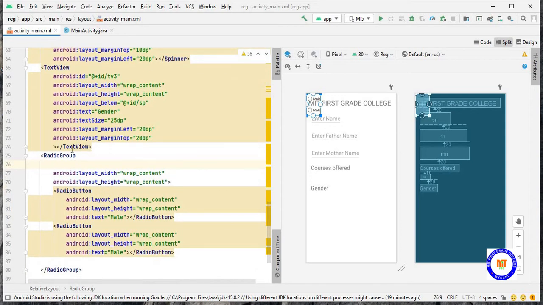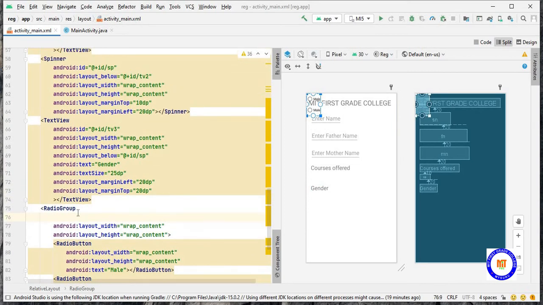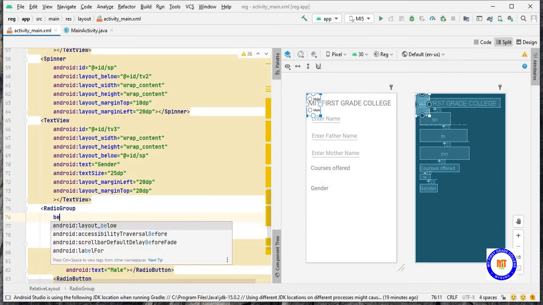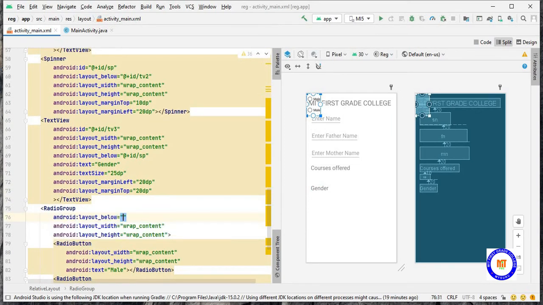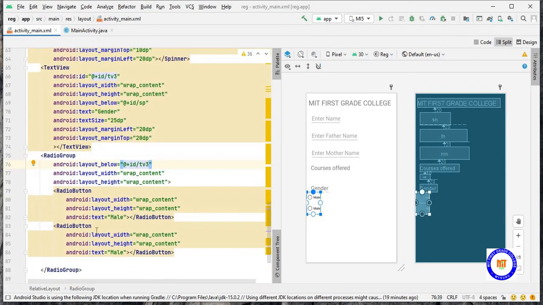The radio group has to align below this gender. So for this you have to give layout below the ID TV3. So now you can see it is aligned below the gender. Now we'll change the text of this. This has to be female.